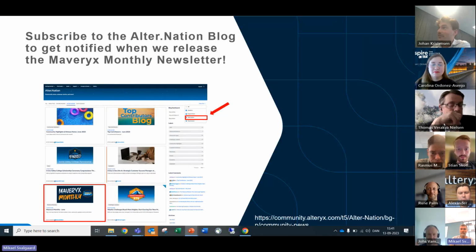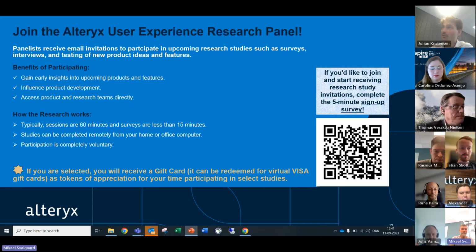And then we have the Alteryx blog to get notified with releases, the Mavericks monthly newsletters, etc. And then we also have the Alteryx user experience research panel. I think this is a good thing to sign up for: research studies and interviews, testing of new ideas and products, if you really want to have a say in the direction that Alteryx will be moving.